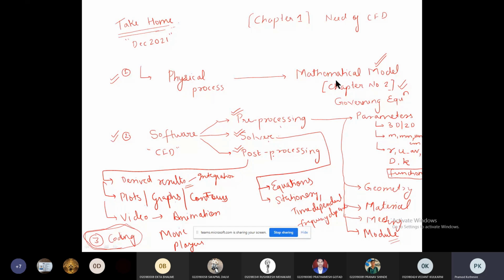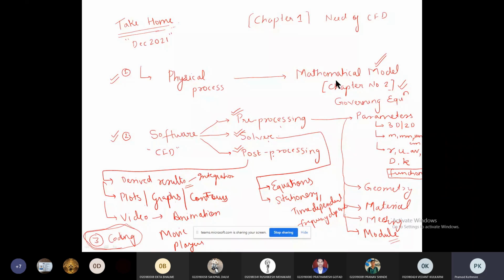If you are not learning CFD as a mechanical or any engineer, it is of no use, okay. Learning only theoretical subjects... see, it's really a very good choice that you have taken CAE as a minor, okay. Because if you are a BTech mechanical and you do not know anything about CFD, it is just